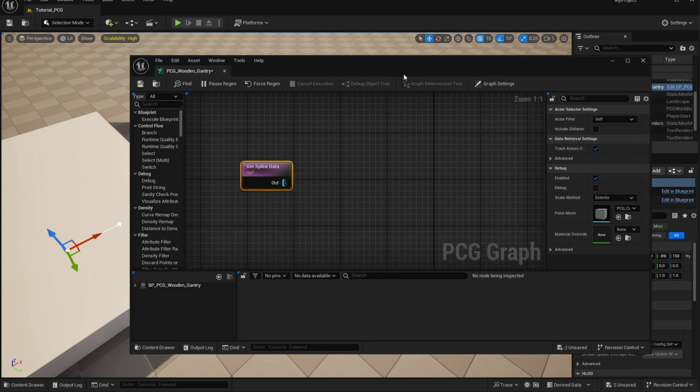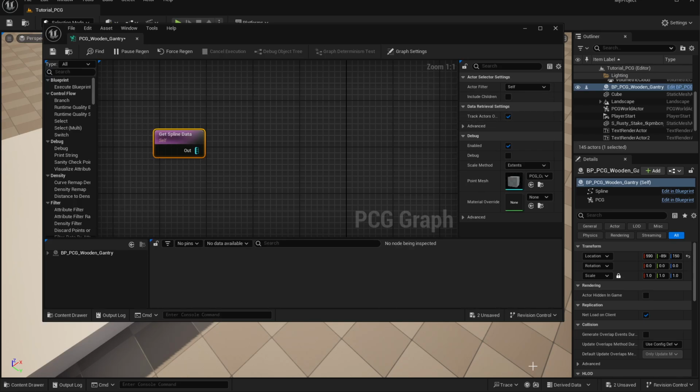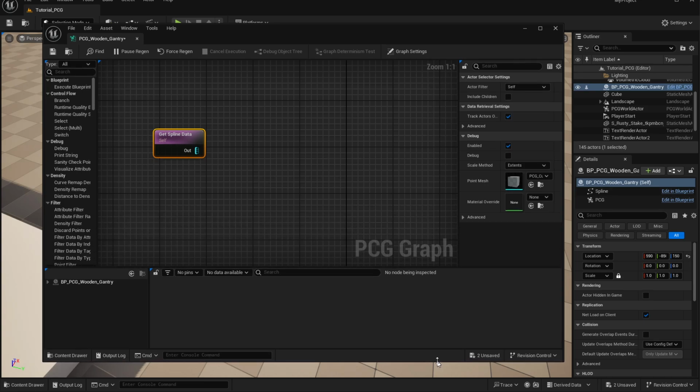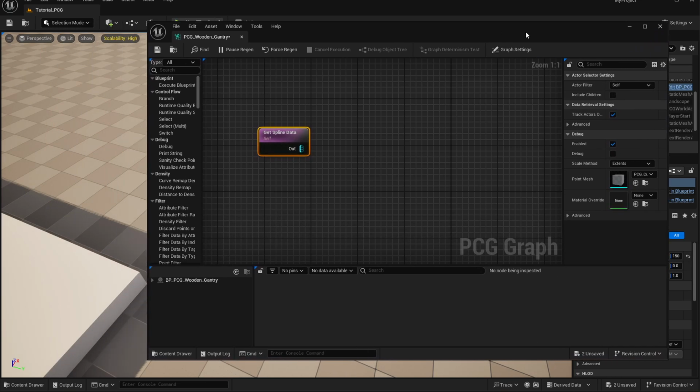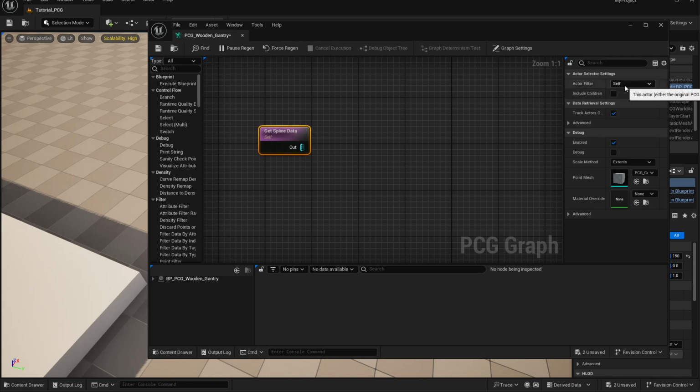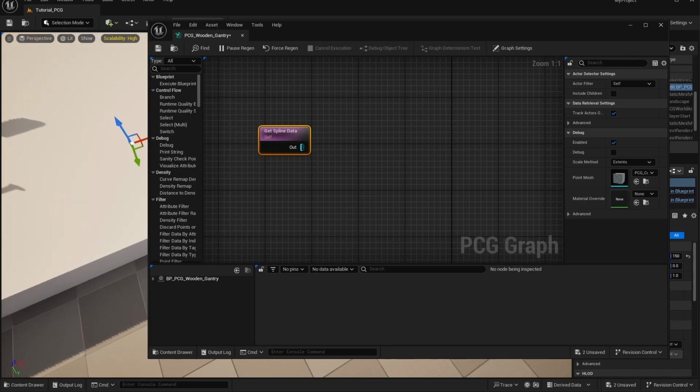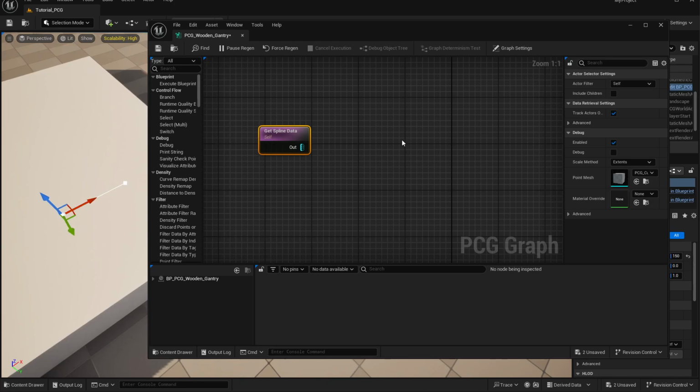Now, if I select this, we can see some information about it over here on the right. Okay, so there's an actor filter. This is the important thing. At the minute it's interrogating itself. This means it's going to interrogate anything it belongs to. Now remember, we bound the PCG to that spline. So as far as it's concerned, that spline is also itself. So down here, this little spline that we've selected, that you can just see,